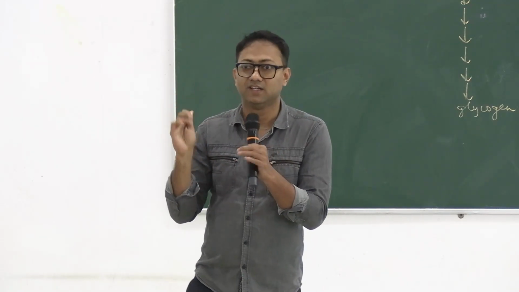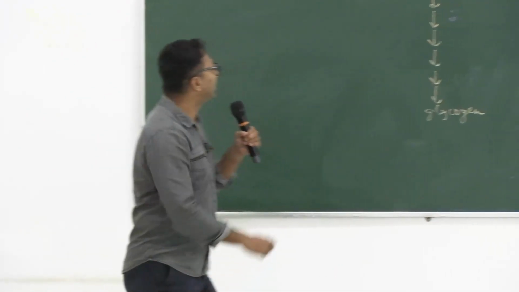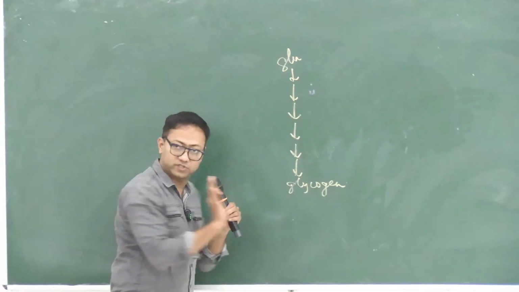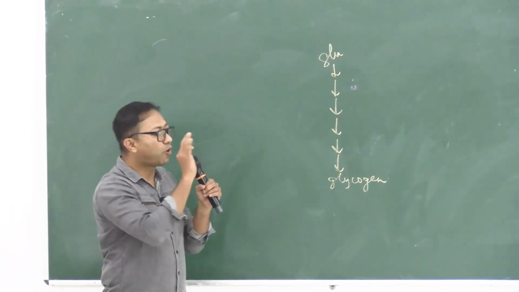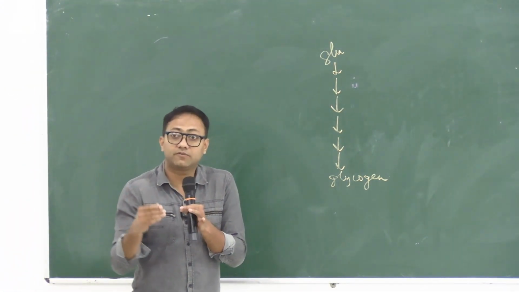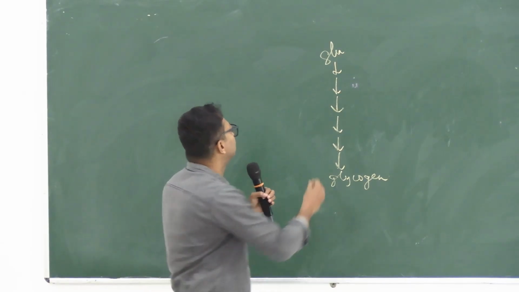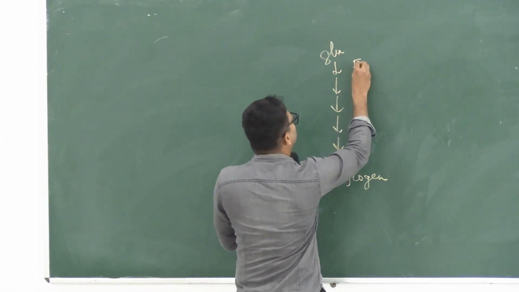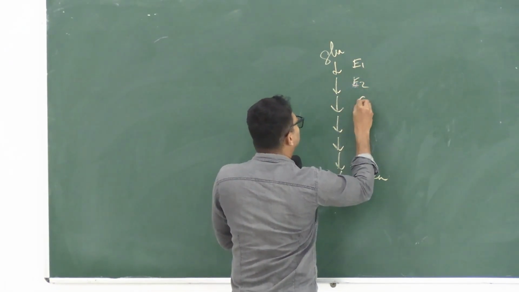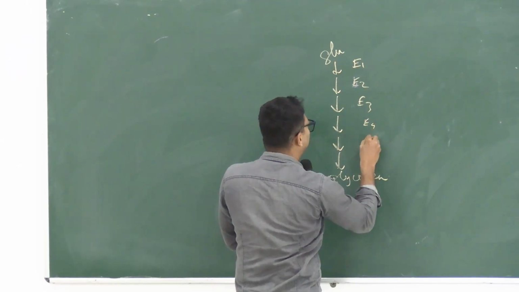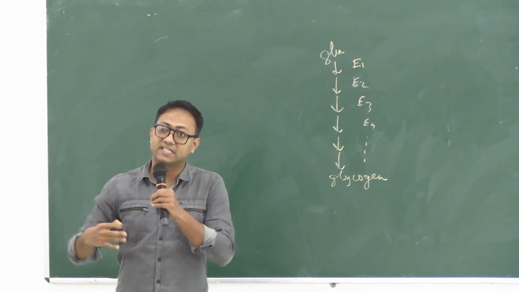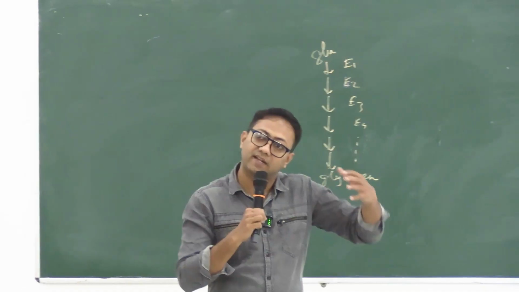I guess you have studied in biochemistry, right? I don't remember them either, so I can't write. There are lots of steps from glucose to glycogen, and in all these steps there is involvement of enzymes. So E1, E2, E3, E4, in this way there are multiple enzymes that are involved in glycogen